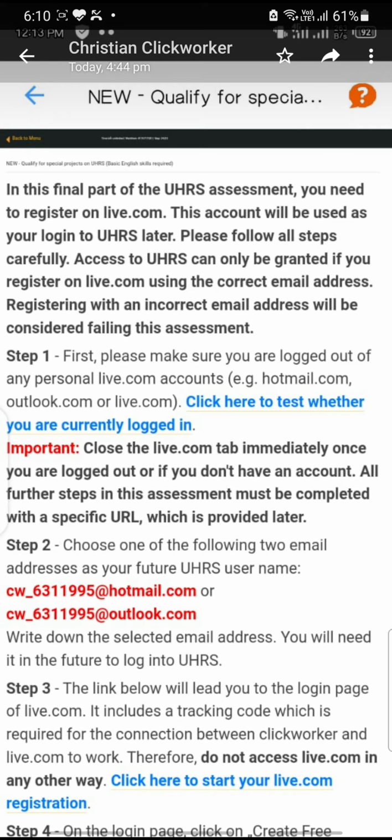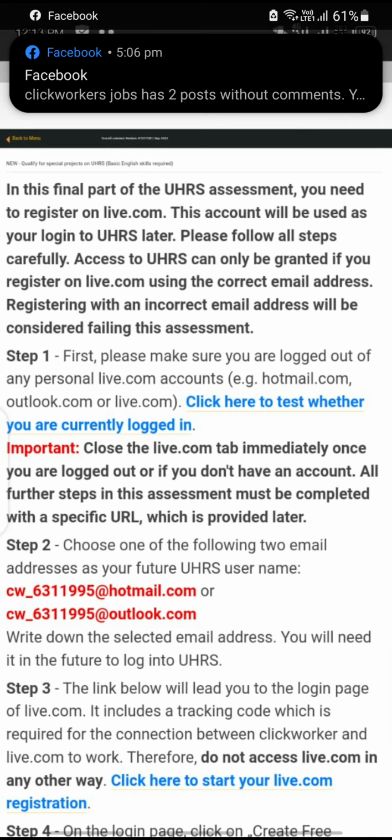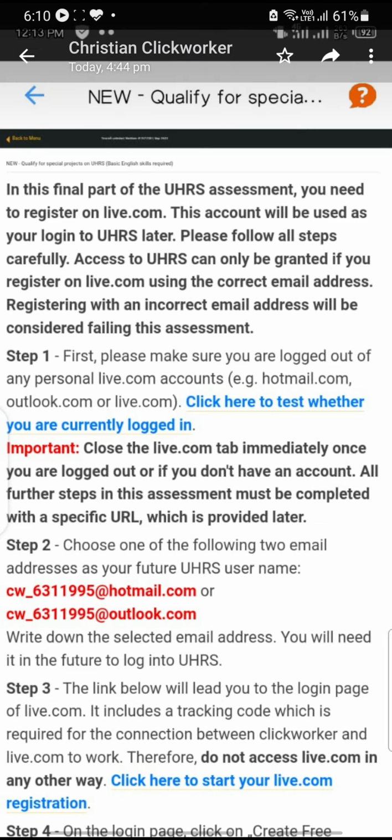I can see that Christian sent me some screenshots, and all the steps are clearly visible here. At step 1, you need to test whether you are currently logged into your live.com ID.